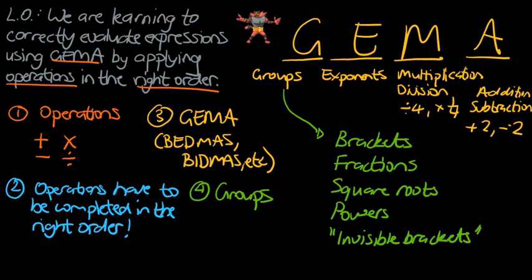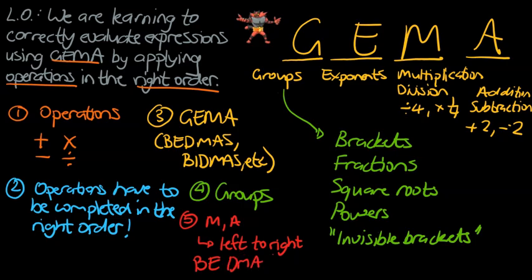They're now encapsulated by this group comment. And the final detail I want to specifically mention, and this relates to the M and the A of GEMA, and it relates to left to right. And this is already a known thing in BEDMAS. So for example, if we write down BEDMAS down the bottom,